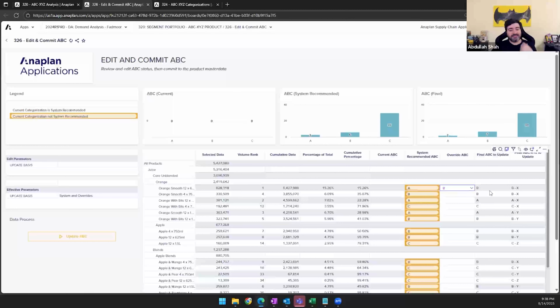The key here is that as you make these changes, they take effect and recalculate things like safety stock and inventory policies, if they're tied to your specific ABC categorizations. And the good thing is you don't have to do anything more than press a button. You hit the button, that recalculates Anaplan live, and you can go back to your inventory pages, your safety stock pages, and your purchase requisition pages, and see that take effect